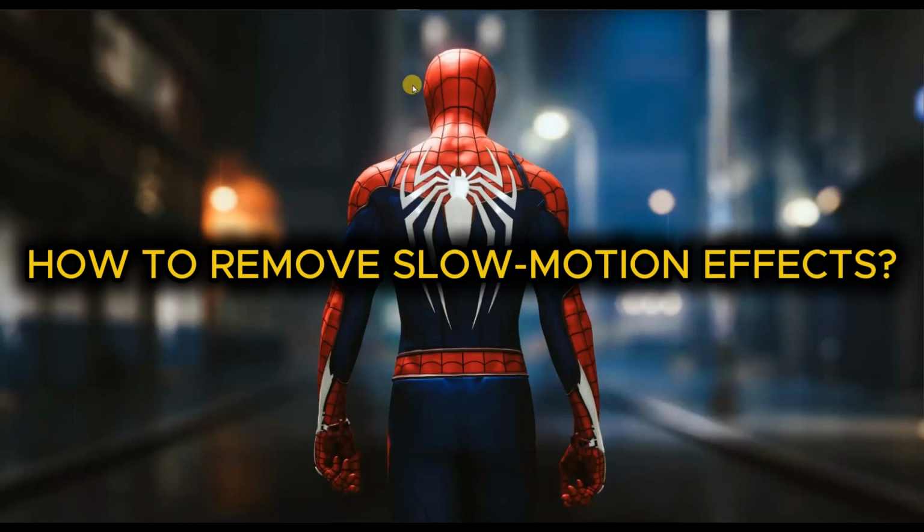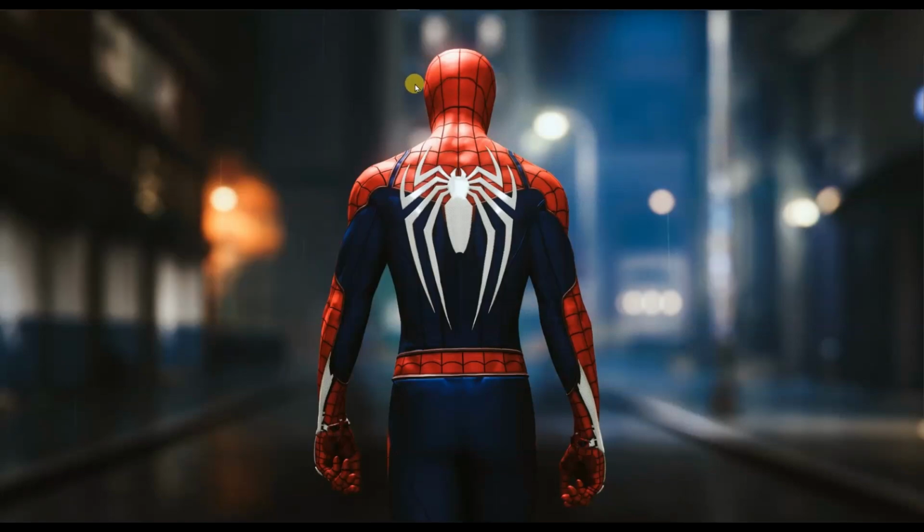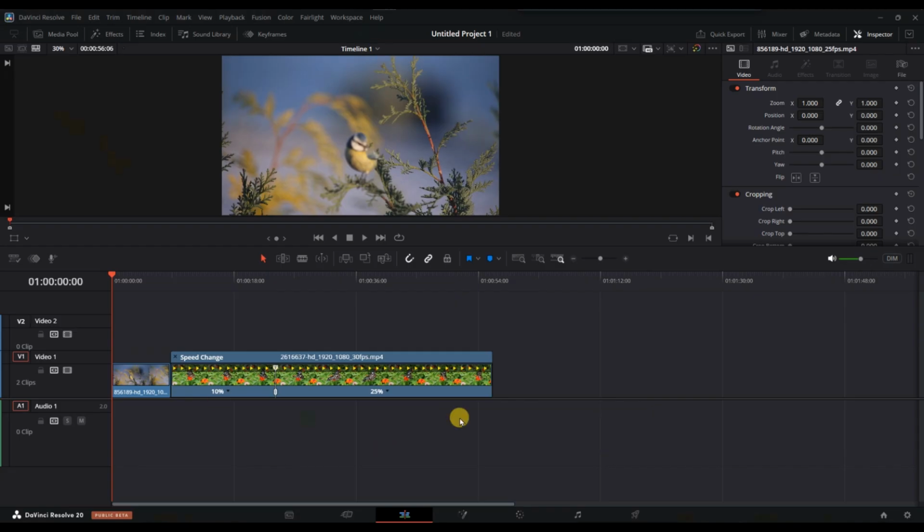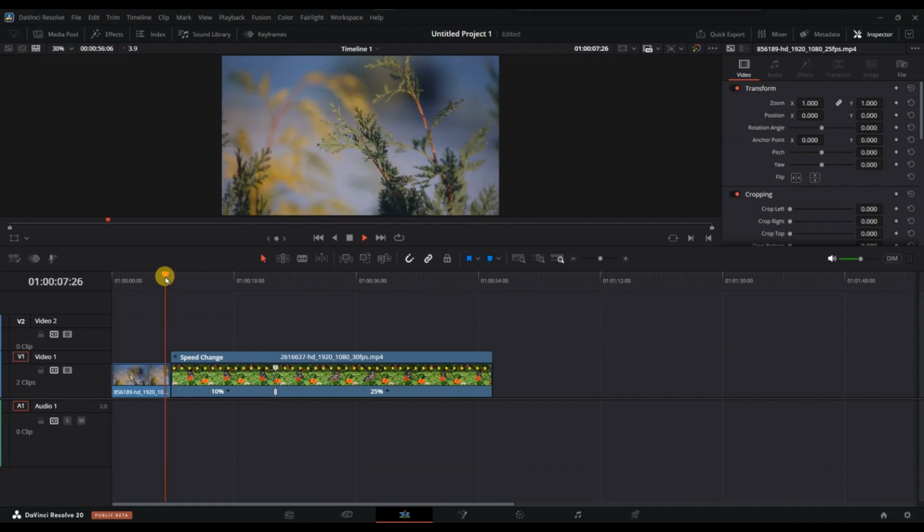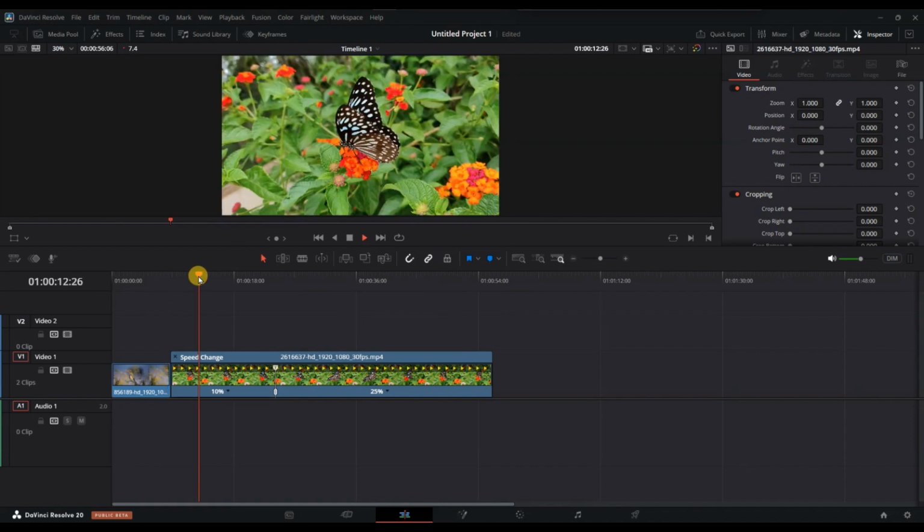How to remove slow motion effects in DaVinci Resolve. First of all, open your DaVinci Resolve project and locate the clip that has the slow motion effect you want to remove. Next, select the clip on the timeline by clicking on it and look at the speed percentage displayed